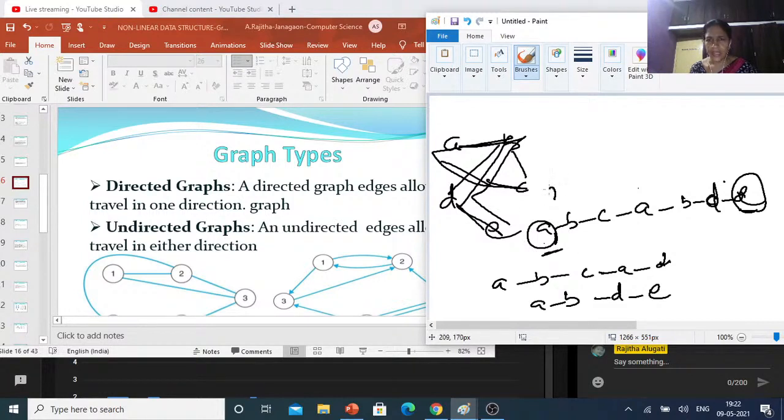Suppose here F is there. Now can you find a path from A to F? There is no path from A to F. So then we can say that this is not a connected graph.